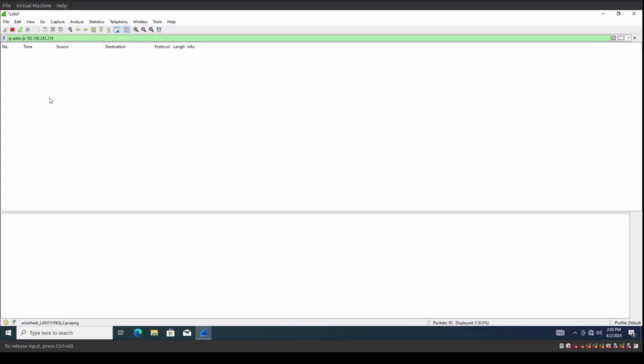So I'm going to use this as my baseline when we start to run those browsers, as to whether or not we're going to see anything that's not like your typical traffic, right? We should see HTTP, we should see HTTPS, we likely will see DNS traffic, but that's all we should see when we launch these browsers. So let's continue to have this monitor, and then let's jump back over to the other system real quick. Let's open up a browser, and then let's check back to see what we're actually seeing in our